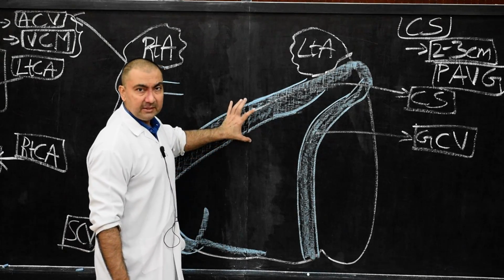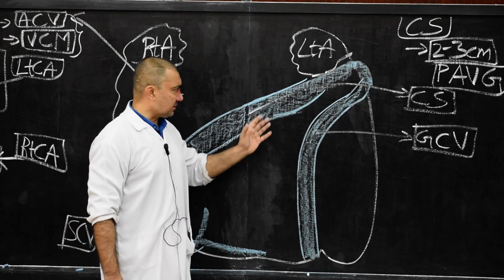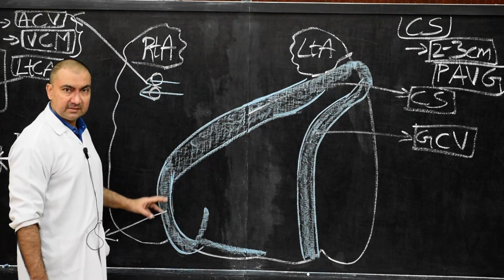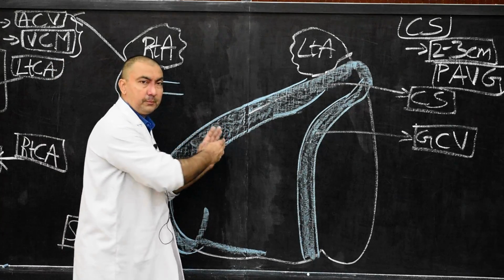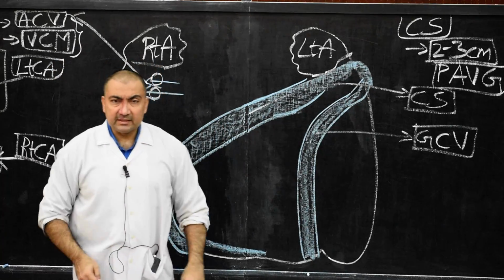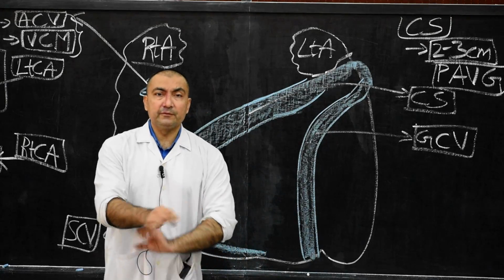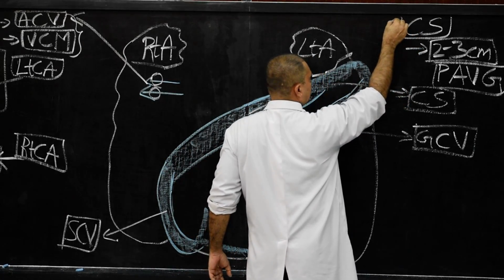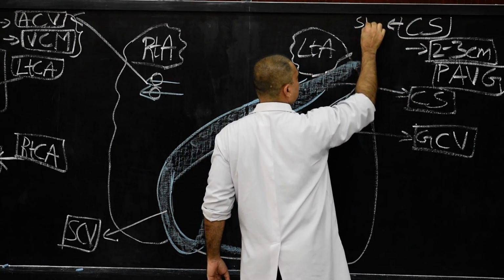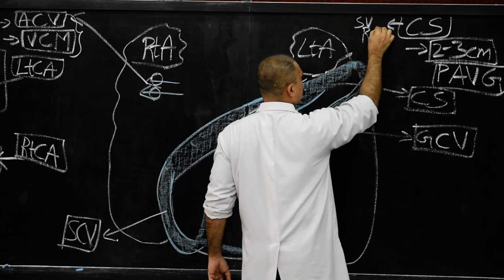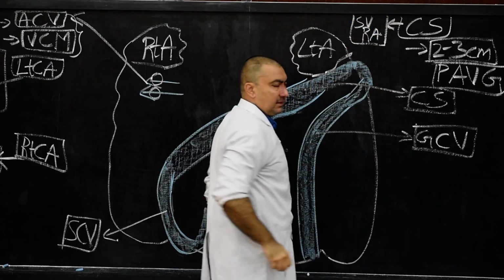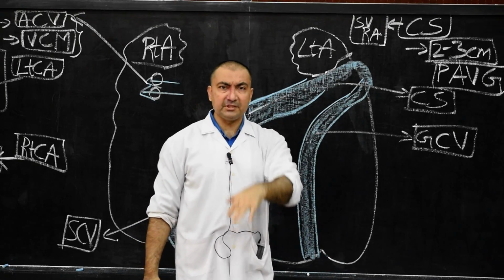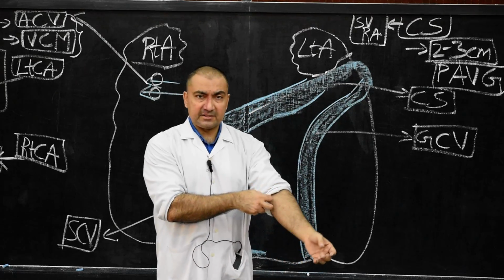Now, opening: where will it open? This is the location and situation, how it is forming, where it is terminating, and what vein is joining on the right side; we know this. Now, where it will open is very important. This coronary sinus will open in the sinus venarum of the right atrium. Please note it down. I am going to write it on this side: it will open into the sinus venarum of the right atrium. Exactly what point, what side, is asked in so many MCQs, so many times it has been asked.